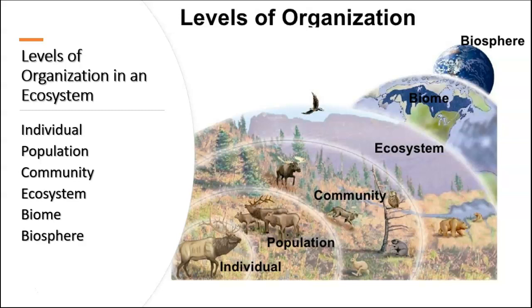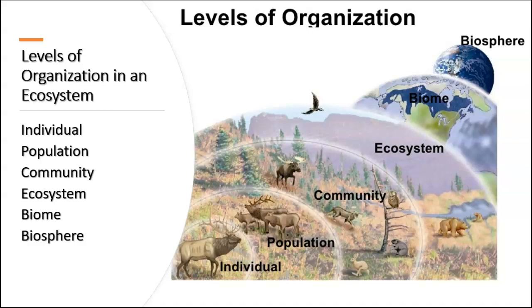And then finally, several different kinds of ecosystems together will make up a biome that shares some characteristics, like the same type of weather and the same general kind of location. And then finally, the biosphere, which is the Earth as a whole. We've dealt a lot with individuals so far this year in biology, and now we're going to talk about populations and communities.